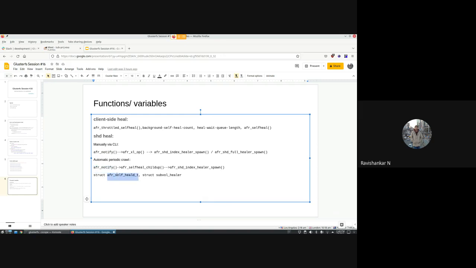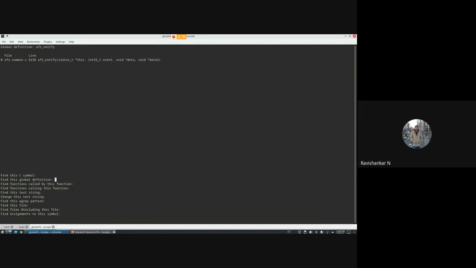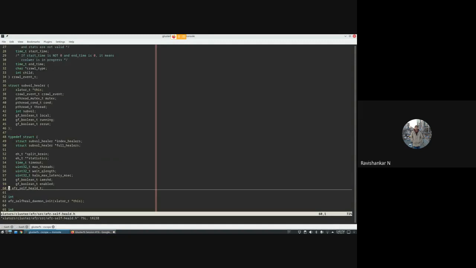These structures are nothing but information contained for the healer threads, basically the index healer threads and full healer threads. There are two structures. Subvol healer is nothing but the structure above it. It contains which replica it is, and the crawl event.